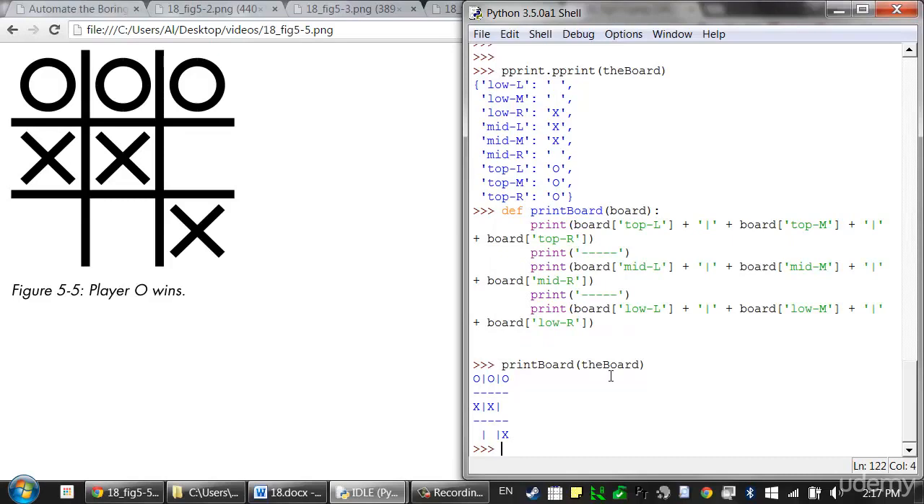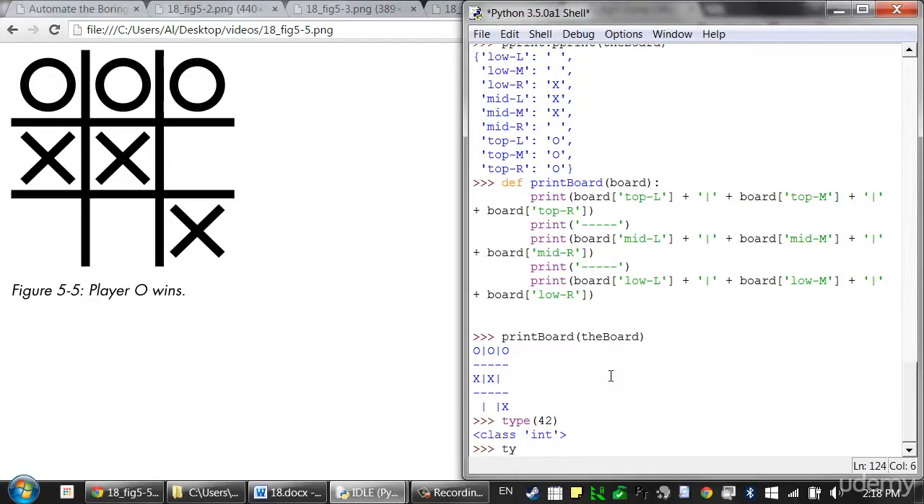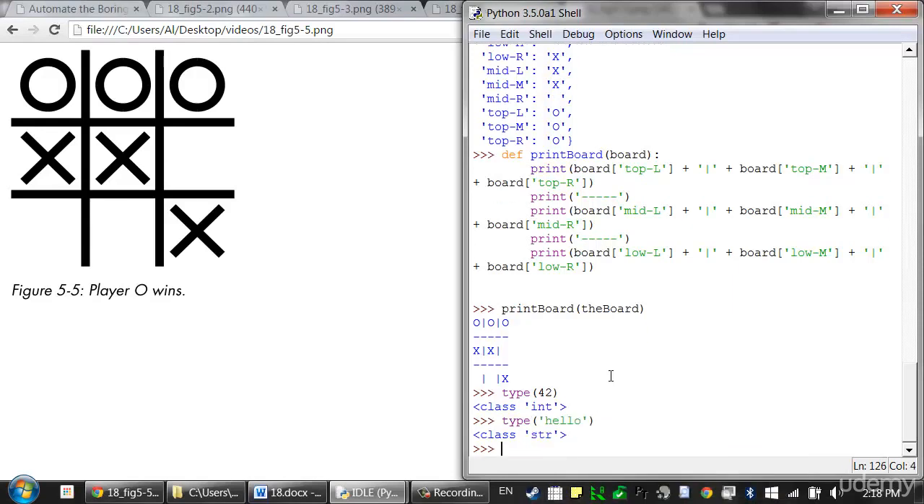And last, let's learn about the type function. You can pass any value to the type function, and it'll tell you the data type of that value. This can be really helpful in the interactive shell when you need to identify what kind of value you're dealing with. So you can see I send type the integer 42 and it replies with int, or I can pass it a string, or replace string,